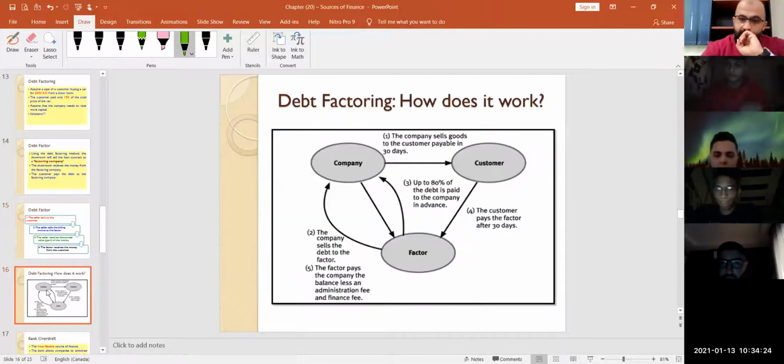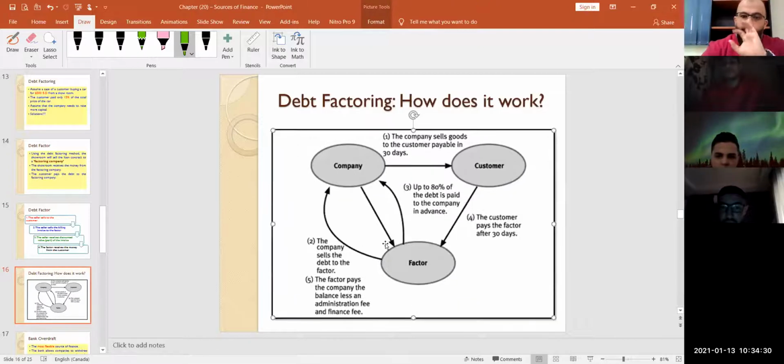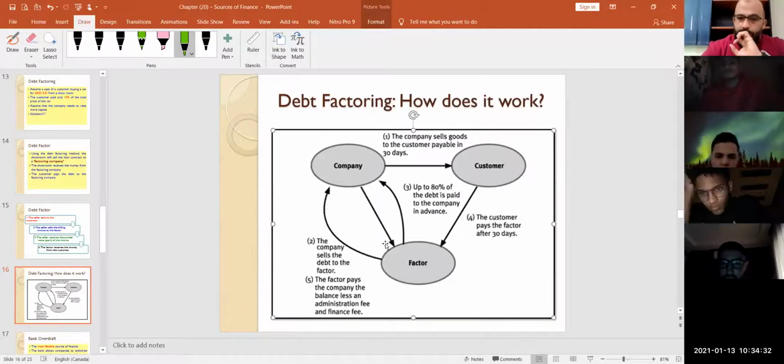Now let's assume this. This shows the method of how the debt factoring goes. Number one, the company sells the goods to the customer, as I said. Number two, let's have a look at number two. The factor